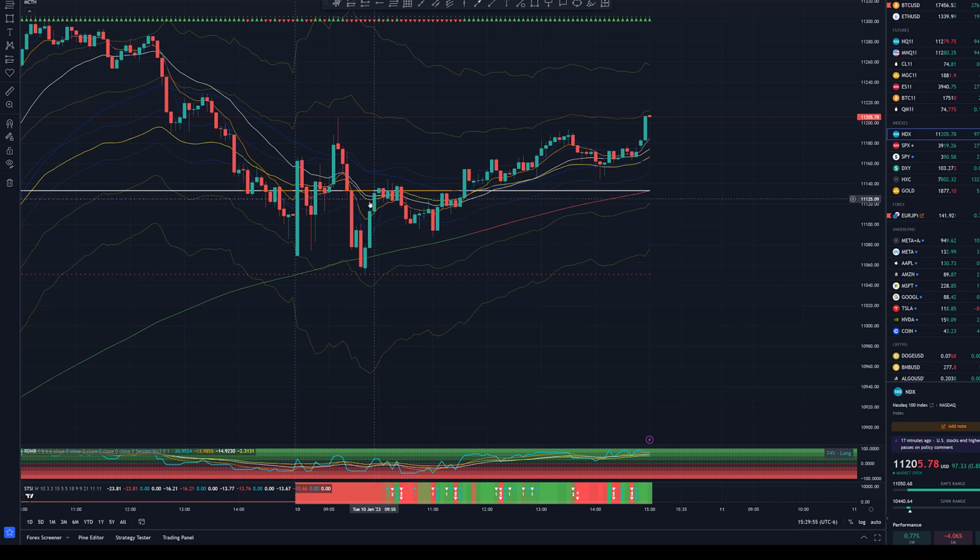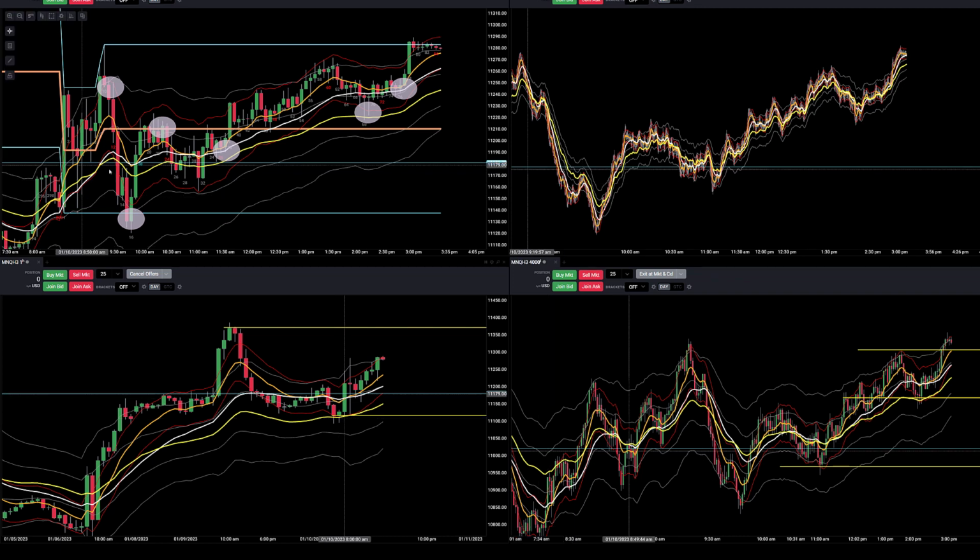The morning session, up until about noon or just shy of 1 o'clock, at least Central Standard Time, was all about whether or not it wanted to break through and hold the weekly open. And you can see here, once it finally decided, it tested it, it rejected it. Once it finally decided to break through with some strength and cause a decent pay-attention candle, it held momentum all through the afternoon. And I actually called this move. I also called the end of the target here, which is really the opening range high and the high for the day. So if we go back to the chart and talk about the other trades,